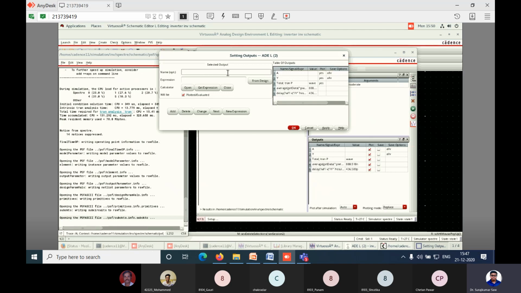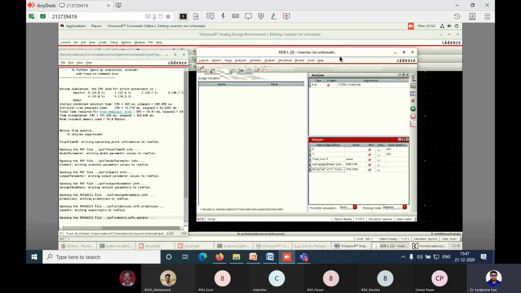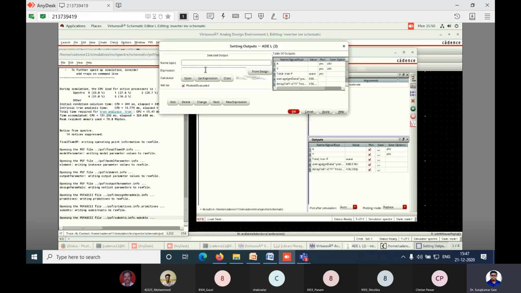Okay, go to output, then setup. All of you go to output, then setup. Fine. You just name the output as, what do you want to do? Let's take any one equation. I have taken the equation average power.